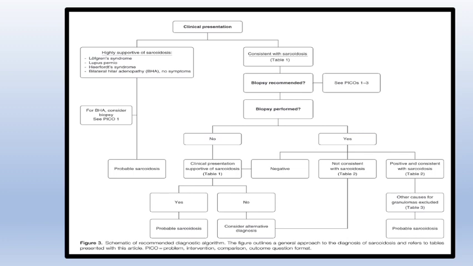So now let's come to this diagnostic algorithm which is given in the ATS 2020 guidelines. One thing that I want to highlight before starting reading this algorithm is that if you notice, then no matter what you do to diagnose your disease, you may still have a probable sarcoidosis. So even if you are very confident on your diagnosis of sarcoid, the diagnosis is usually most probably sarcoidosis, and this is important to remember because it tells us how important it is to exclude other diseases, and sarcoidosis can almost never ever be empirically diagnosed unless you rule out the other factors.